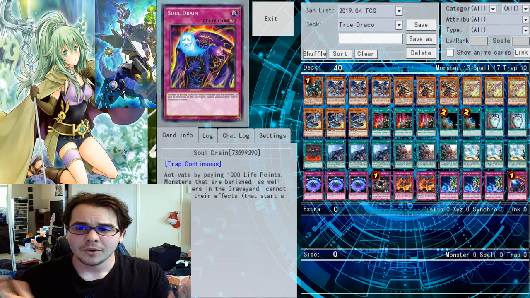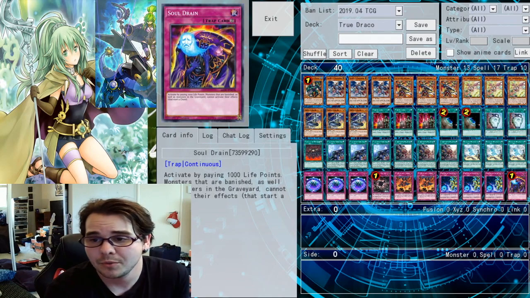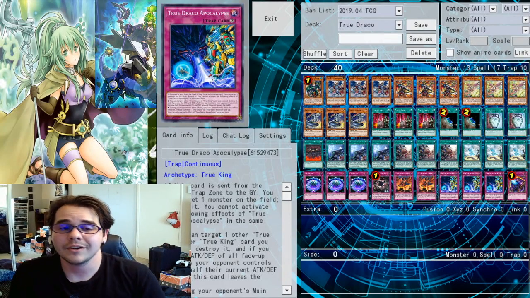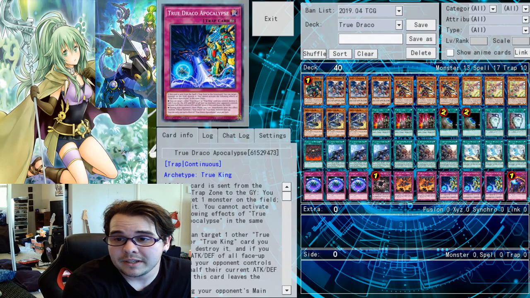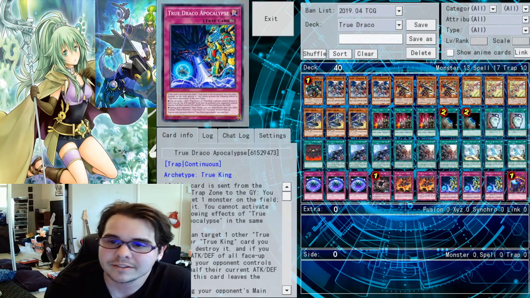So, as I mentioned earlier, True Dracos operate by tributing continuous spell and trap cards, which we are playing a lot of. 17 of the cards in our deck are continuous spell and trap cards. So let's dig a little bit deeper into why we're playing these cards and this stun style variant of True